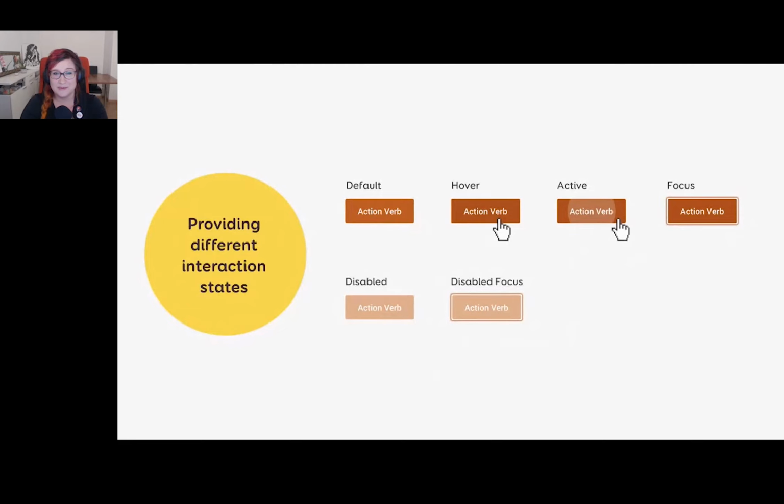Then what about keyboard usage specifically? Some people might not be in a situation where they're using a mouse. They might be navigating your interface only through keyboard navigation. So for accessibility purposes, at some point, you also need to prepare your component to work with keyboard navigation. And this is usually something that needs to be designed as well.